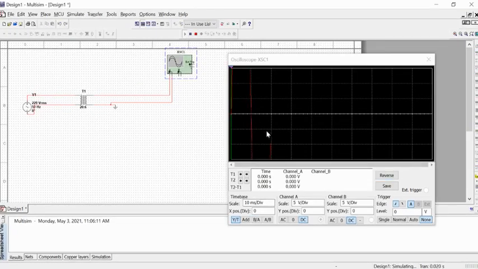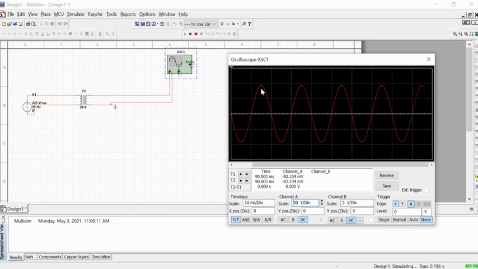Now you can see this is the voltage waveform, but the division across the vertical axis is 5 volts per division, so this is very small. I am increasing the value to 50. It means one box in the vertical direction represents 50 volts. So now it's giving me a bit more than 70 volts AC output voltage waveform.